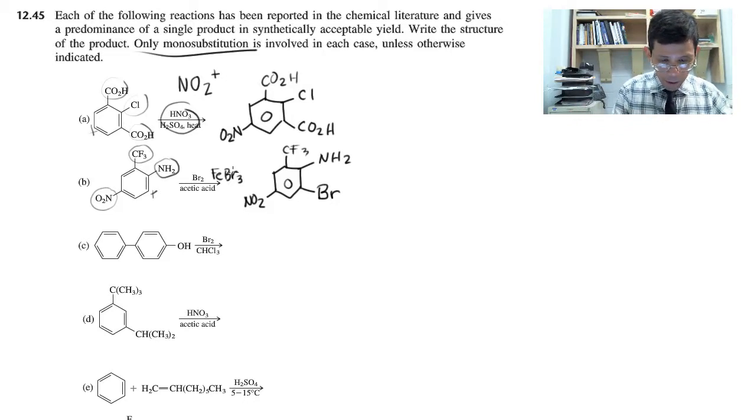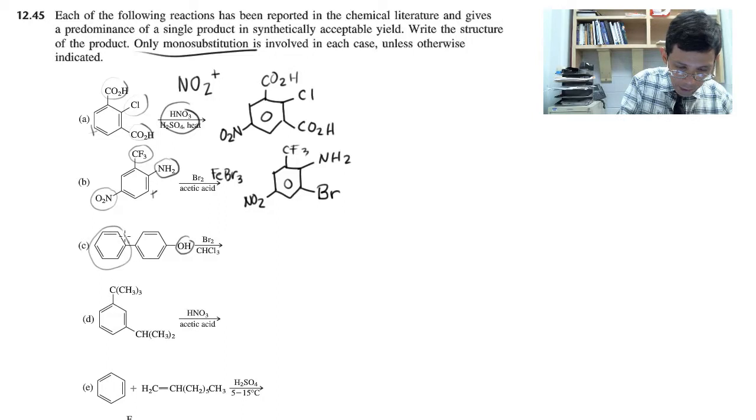Next. Okay, we have a deactivating substituent and another activating substituent. Both are ortho-para directing. So which is the more activating? The hydroxyl. So that will determine the site of substitution. The Br will add to an ortho position since the para position is taken by the benzene. So the product is